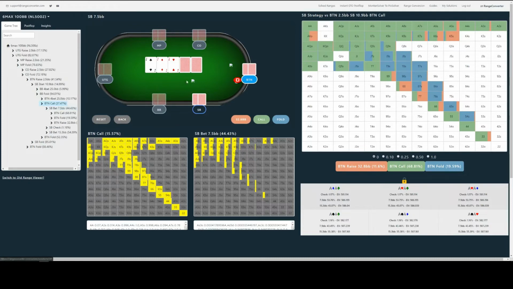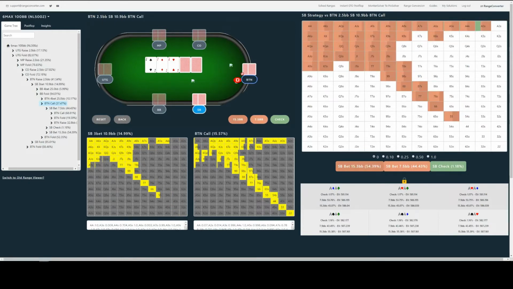And let's go back to small blind action there. So we can navigate through the flop action that way and see the GTO strategy response there. And we can just quickly navigate if we want to see how the strategy varies on a different flop.